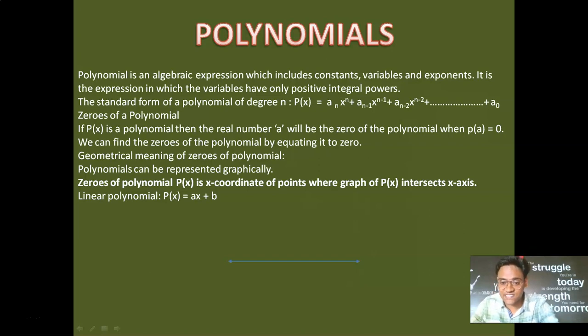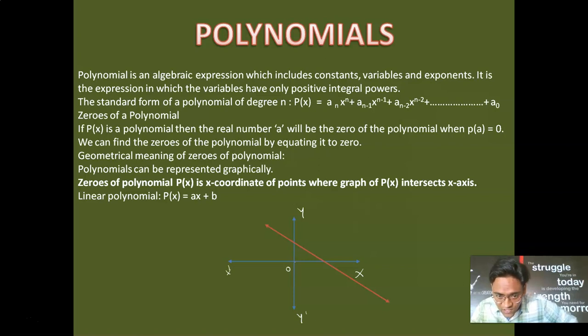See, this denotes the x-axis. Okay, this denotes the x-axis, and this denotes my y-axis. Clear students? This denotes the origin. Now let me draw the graph of this. That is a straight line. See, this is the straight line. Okay, this is the straight line, the graph of this polynomial.